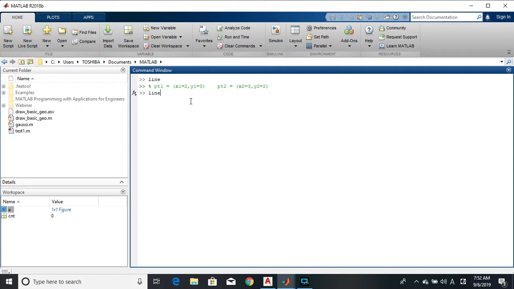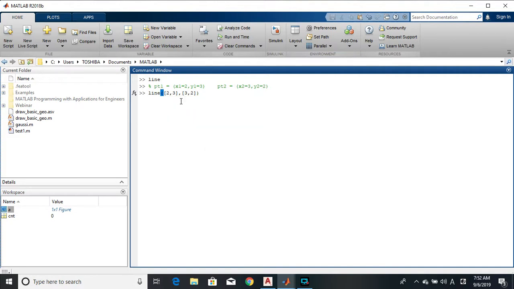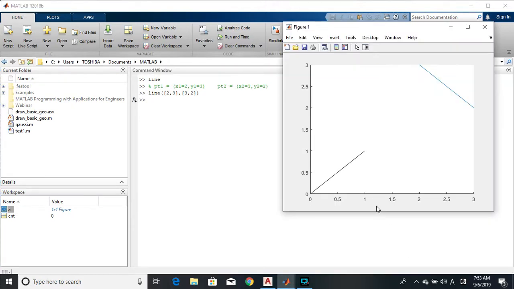Well, we'll just go ahead and do line. What line expects is the x values first. So we'll create a vector here that contains the x values. The vector will contain x1 first, then comma x2, which is 3. We'll close the vector. Then we are going to go for the y values. The y values will contain what? y1, 3, comma y2, which is 2. Then we close that. So if I press enter,